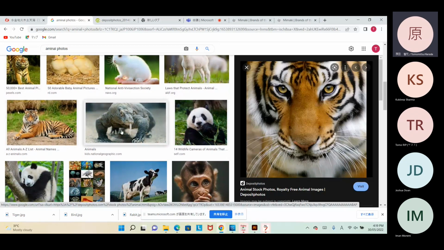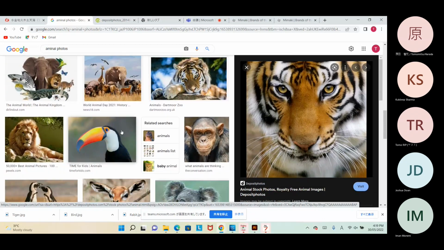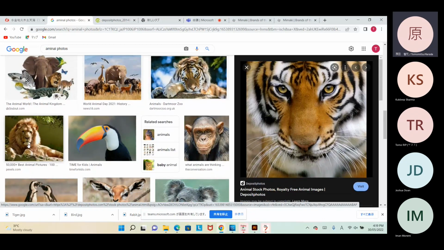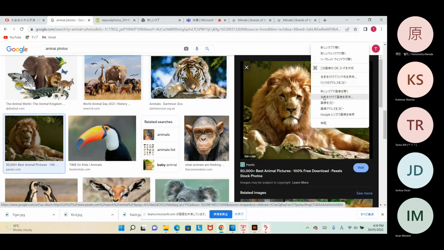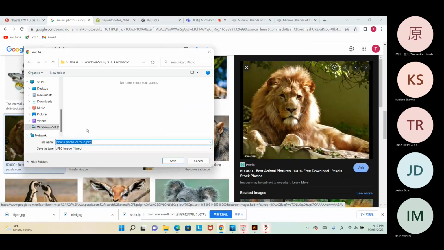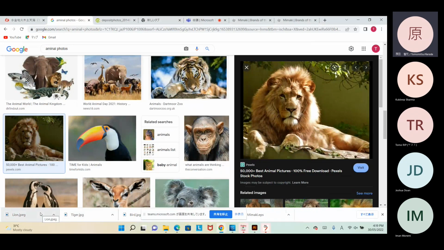Then the last one. That's the lion. I'm not sure if a JPG and JPEG extension will make any difference, but let me just work on the